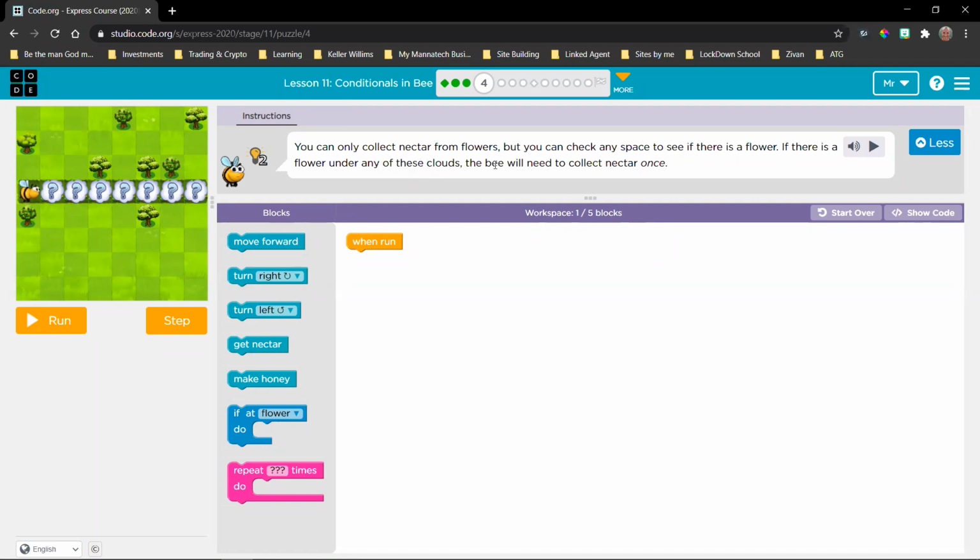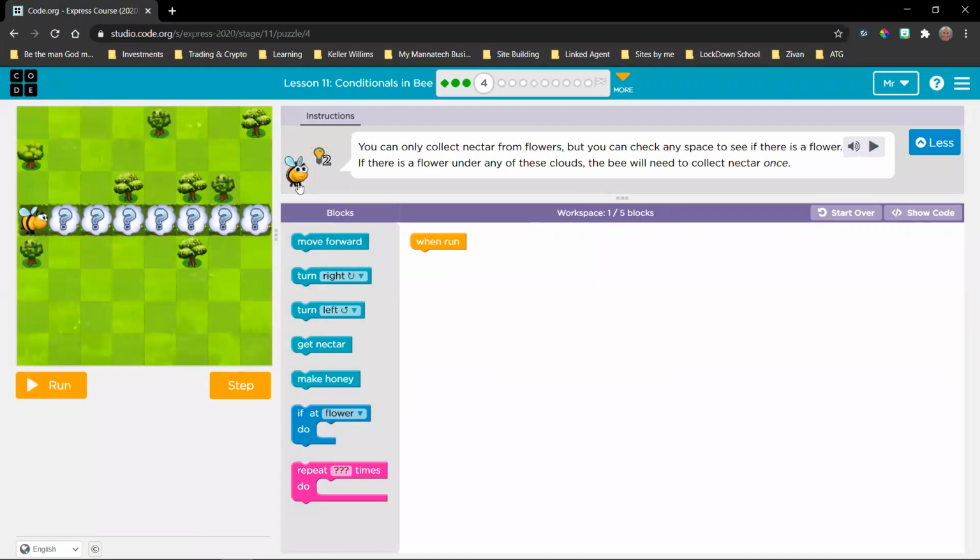You can only collect nectar from flowers, but you can check any space to see if there is a flower. If there is a flower under any of these clouds, the bee will need to collect nectar once. We're limited to 5 blocks, but we need to do 1, 2, 3, 4, 5, 6, 7 blocks.